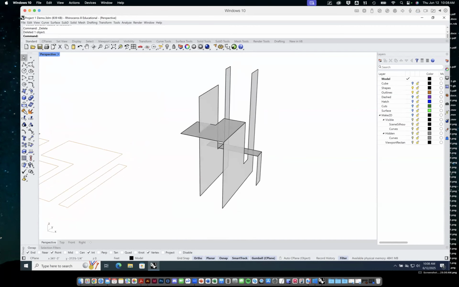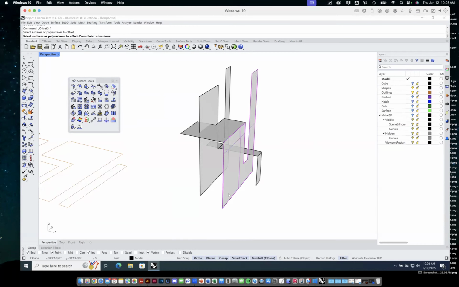Okay, so over here along the cursor, we have points, we have curves, we have surfaces, ways to make surfaces, and then again, right next to it, a set of tools where we can edit the surfaces that are made. And we can offset surfaces, right? That's one way to quickly thicken these things up. So if I just say offset, just watch what happens. I'll go ahead and pick this surface right here, and it's going to say